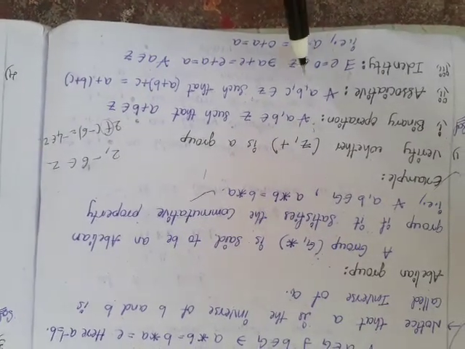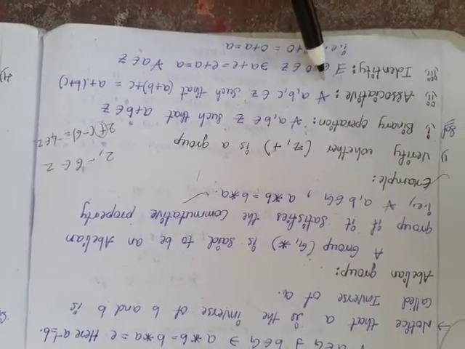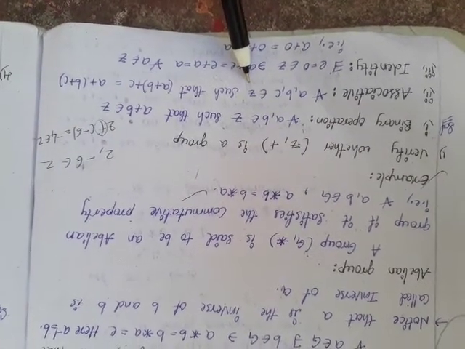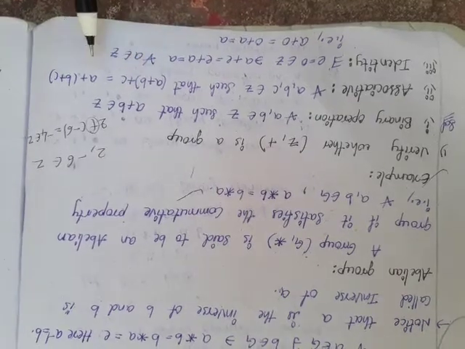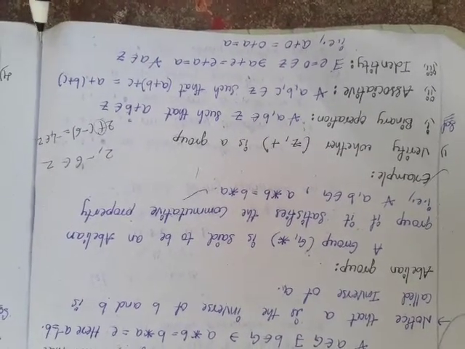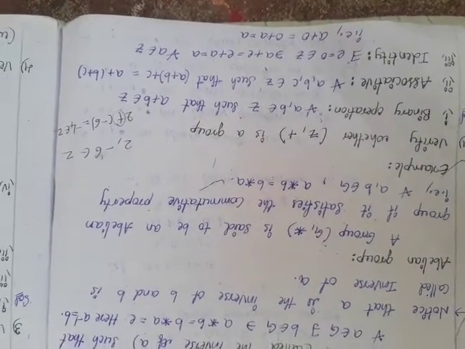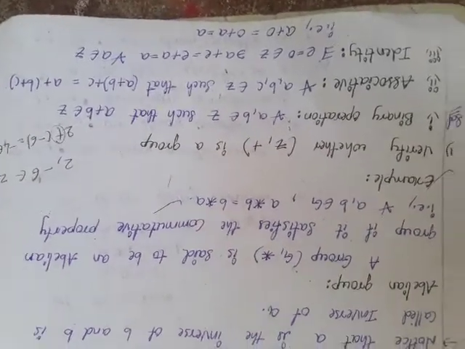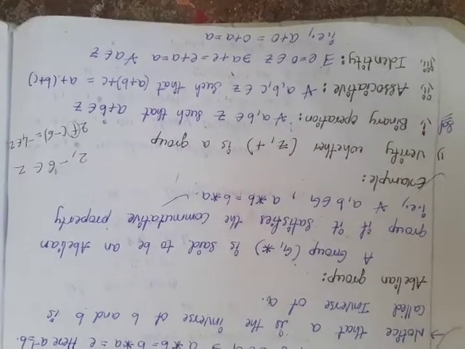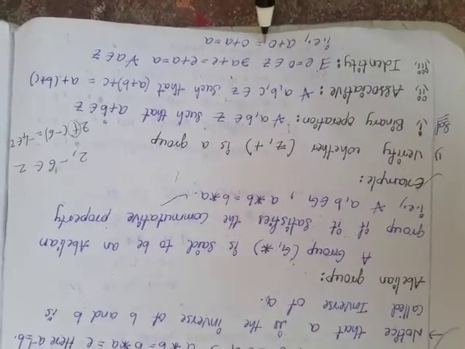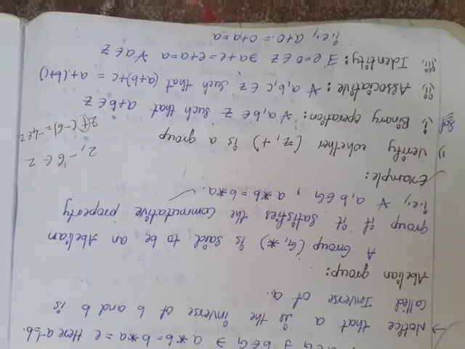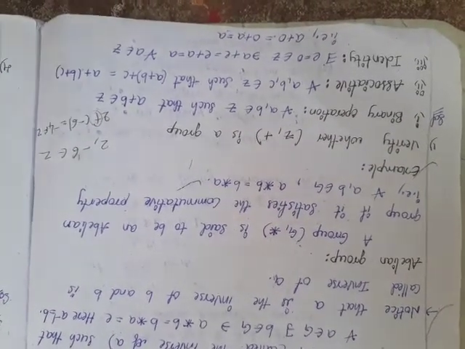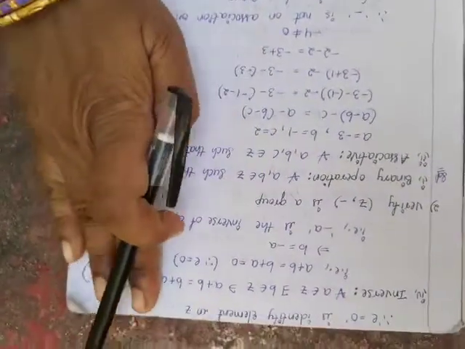Next one, associative. What is the associative property? For all a comma b comma c belongs to Z, take any three elements of capital Z, it satisfies a plus b of plus c is equal to a plus of b plus c. Next, identity. We know that the additive identity is equal to 0 because any element added with 0 we get the same element. a plus 0 is equal to 0 plus a is equal to a only. So therefore here e is equal to 0 is the identity element in capital Z.